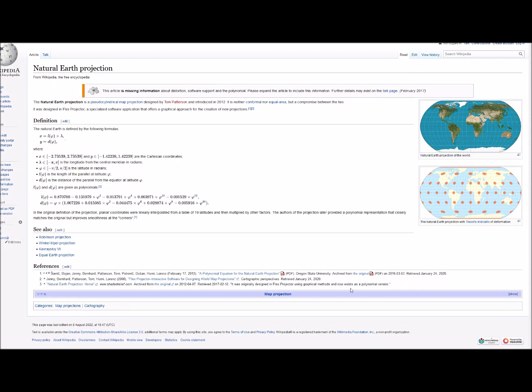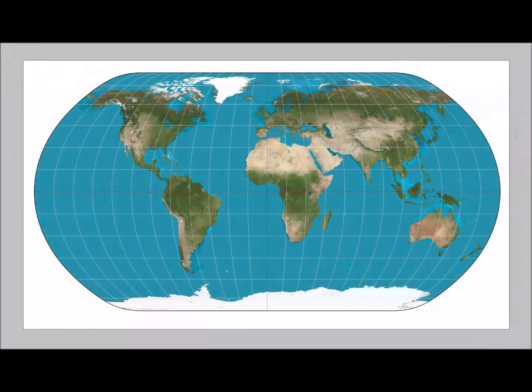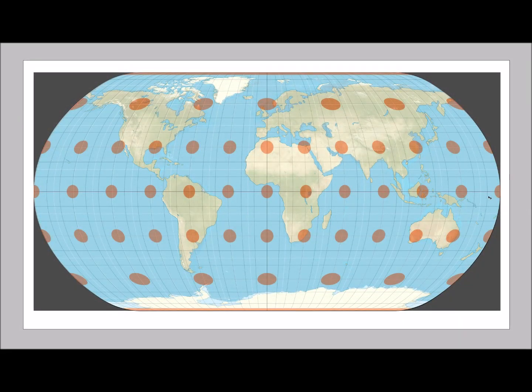And again, you've got all the math you could ever want right down here. Tells you how it was made. It's a pseudo-cylindrical map, neither conformal nor equal area, but a compromise between the two. Let's take a look at the Tissot overlay to get a sense of the amount of distortions going on here. So what do we see? Well, across the line of the equator, they're pretty nearly circles, so shape accuracy is pretty good along the equator. The next row of circles is 30 north and 30 south latitudes,